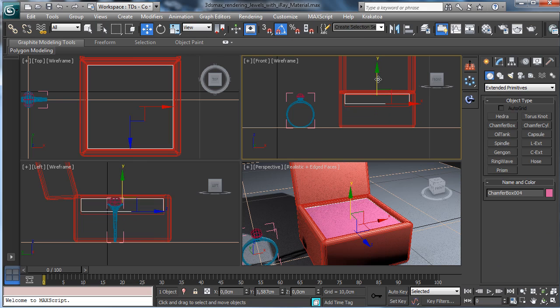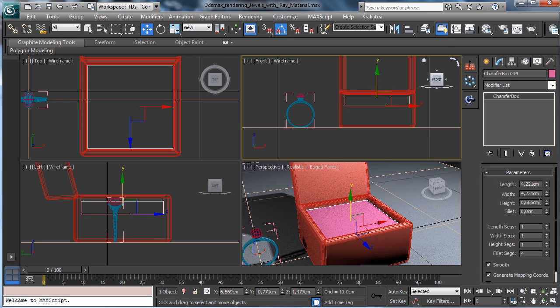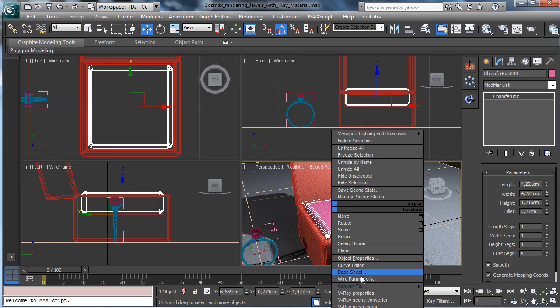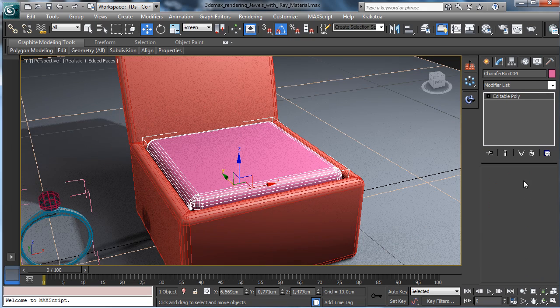And we can move it there. It will be higher, let's say something like that. And it will be something like that. Okay, then we need to make something there to put inside the ring, so convert to editable poly, and we